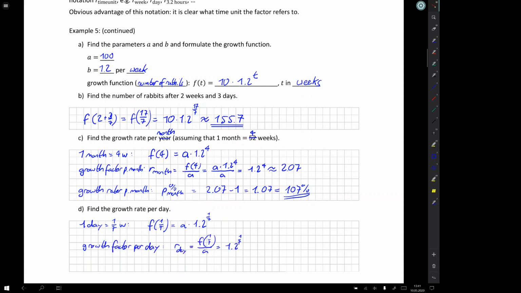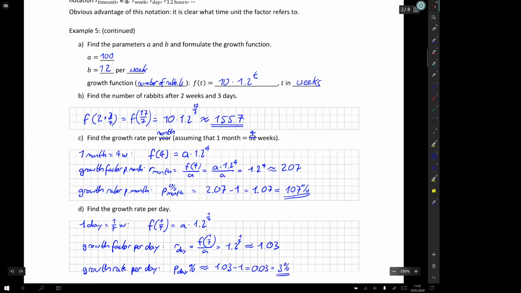The growth factor per day is then just the number of rabbits after 1 day divided by the original number of rabbits at the beginning, the initial number, so by the a. What remains is 1.2 to the power of 1/7, which is approximately 1.03, and so we get for the growth rate per day 1.03 minus 1,